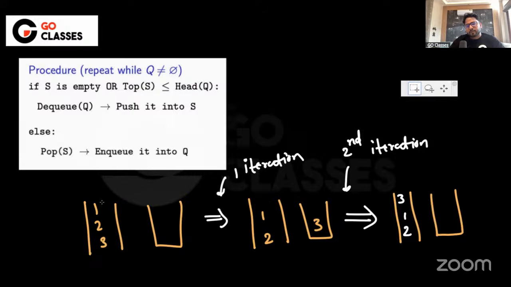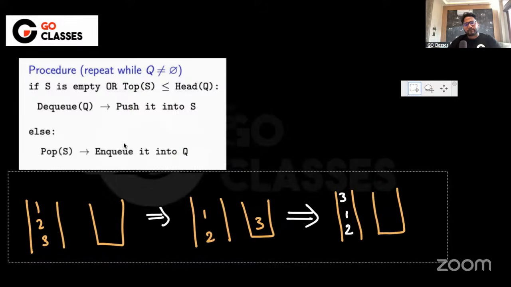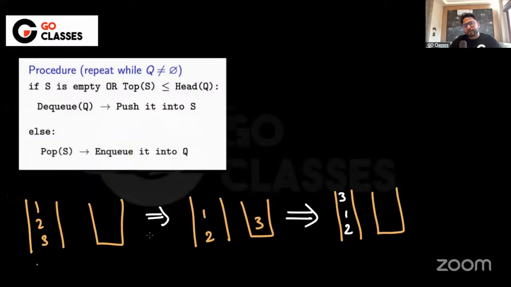But now let's just see what happens if I keep on continuing this algorithm. Now what will happen? Let's just check. Since the stack is empty, you will anyway push. So you will push this 2, right? Now you will compare. Since it is greater, you will again transfer here, right? Since 2 is greater than 1, whatever is the greater element, you are going to transfer to the queue. Now, since the stack is empty, you are anyway going to push this 1. Now, ultimately, you got 1, right?